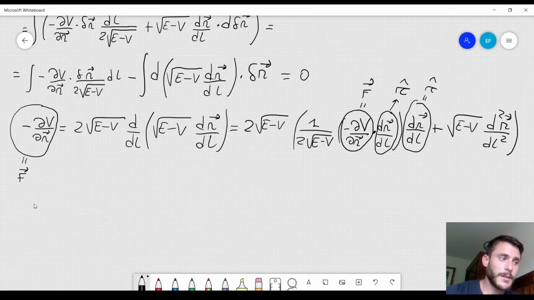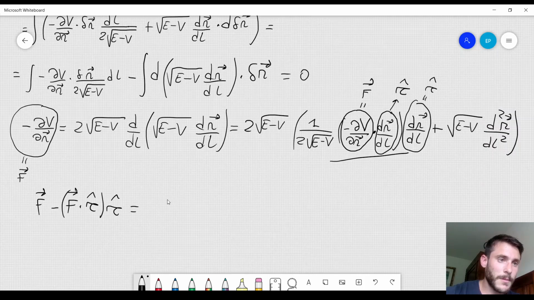So here we get, if we take this term over to the left hand side, F minus F dot tau equal to 2 (E minus V) d squared r over dl squared, and